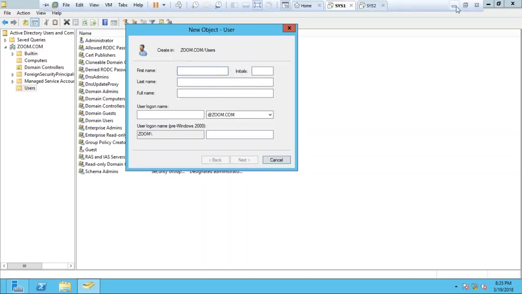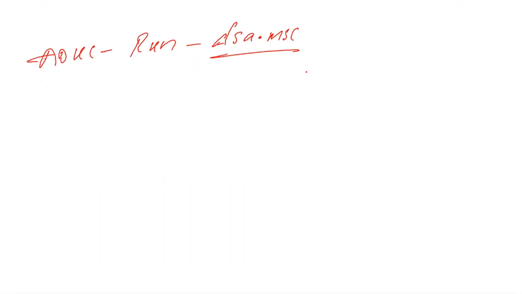Now tell me, who is creating these user accounts? As the administrator, we are creating the user account in our server. So when you are creating the user account as an admin,